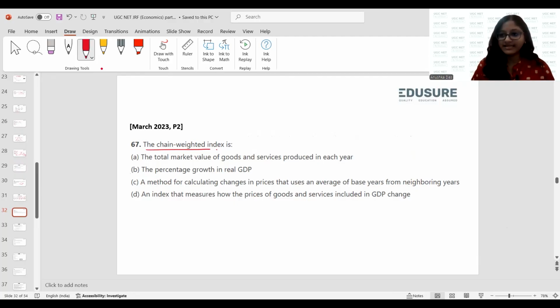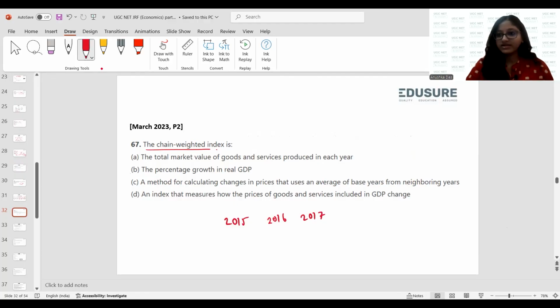So we don't usually change the base. The base is changed once in a while, that is not very significant. But in case of the chain weighted index number, the base is changed in every period. If you continue to change the base in successive periods, then it will be chain weighted. So for example, suppose you are considering these 3 years,